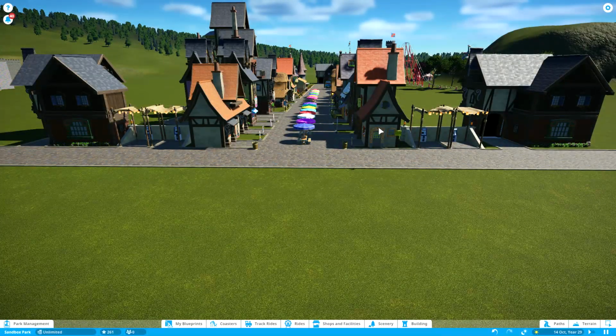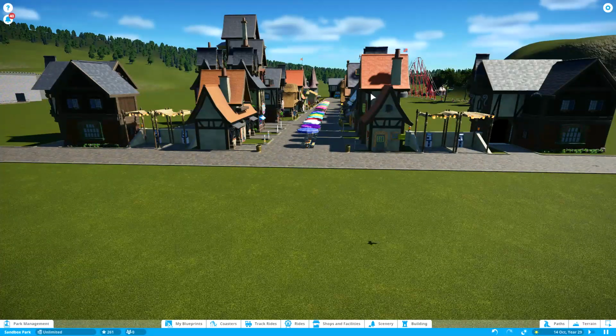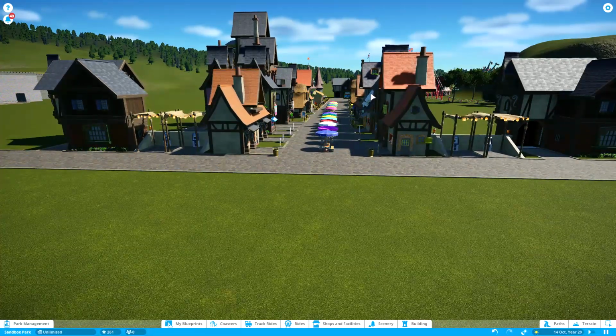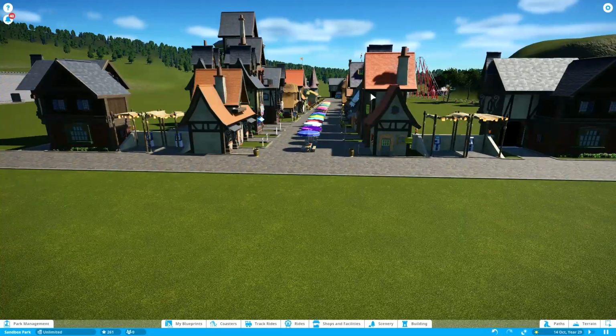Right then, so here we are. This is what the food and drink facility area looks like right now. As you all know, at the start of the video it was literally just a pavement with nothing there, and you can now see what a transformation this has been, because you can see there's loads